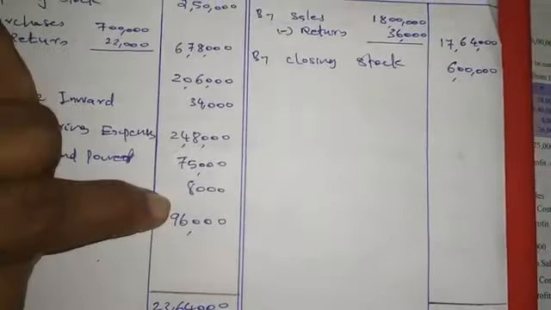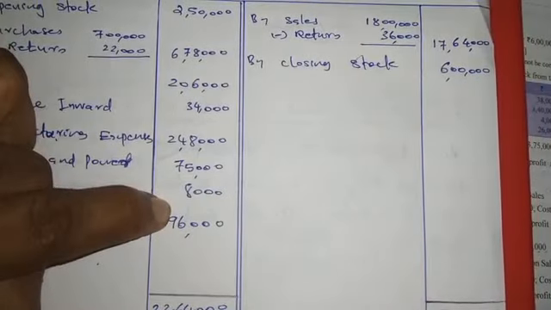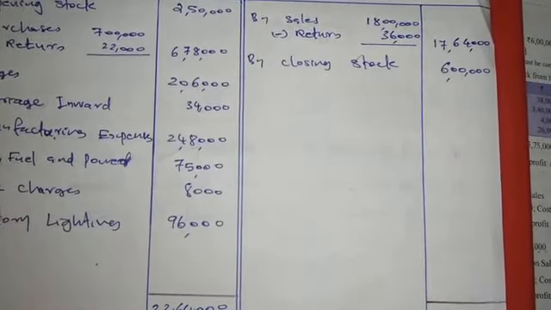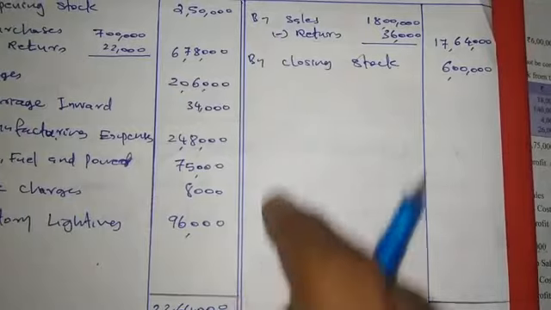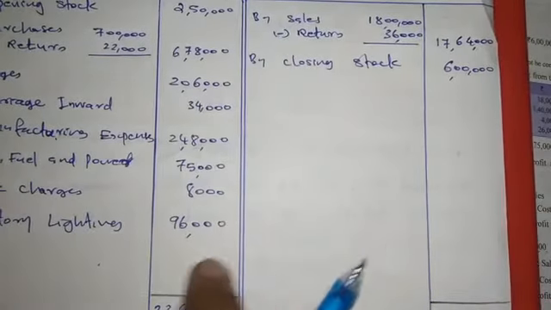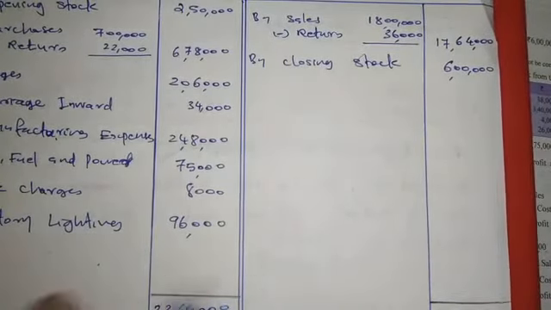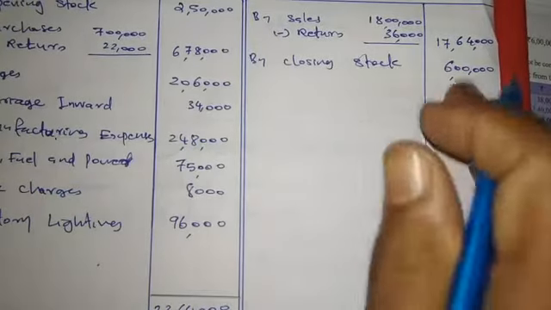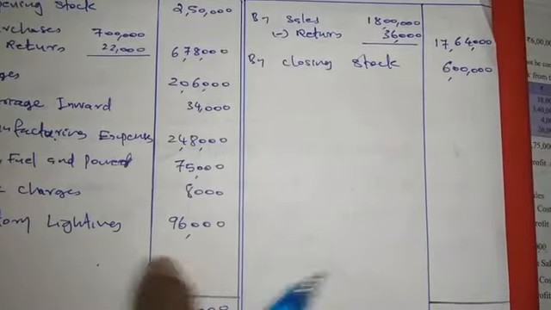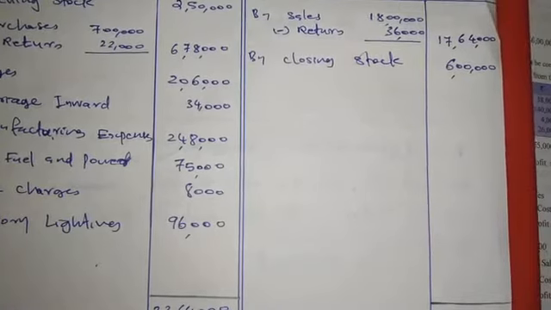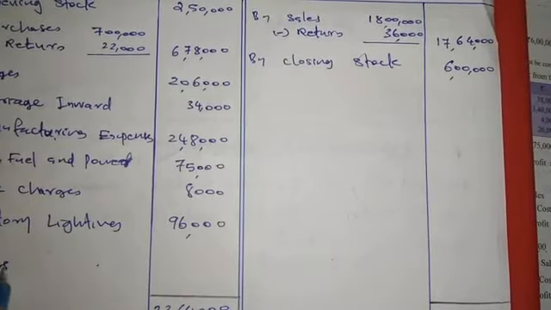This side is less. That is why, whichever amount is more, that amount we write on both sides. Now from this we have to subtract all these items, then we will get a balance. If this side is more, that balance is known as gross profit. Here the writing will be "To gross profit"